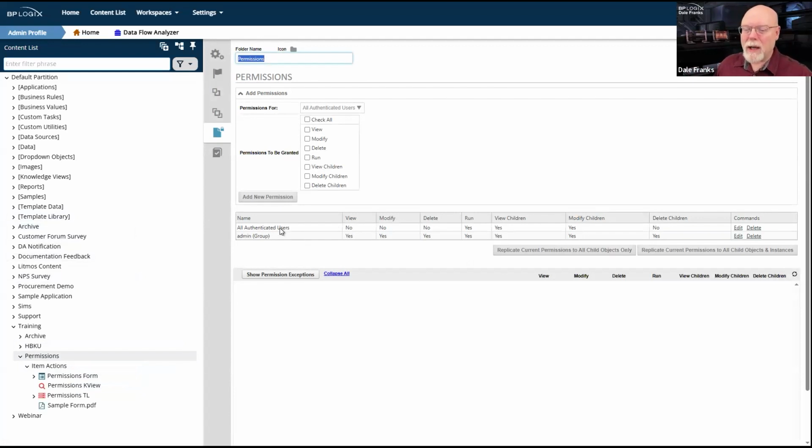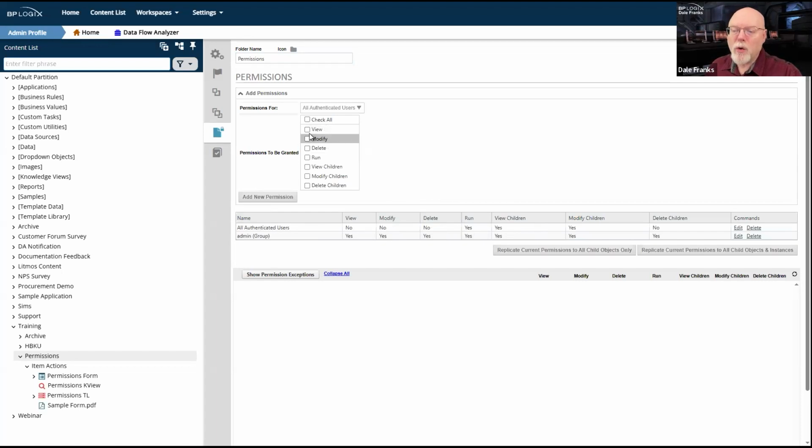So here again, I have all authenticated users. Now, in this case, the all authenticated users group has no view permission for this object, which means they can't see this folder in the content list. They can't modify it, delete it, or anything else. I've taken these permissions away.